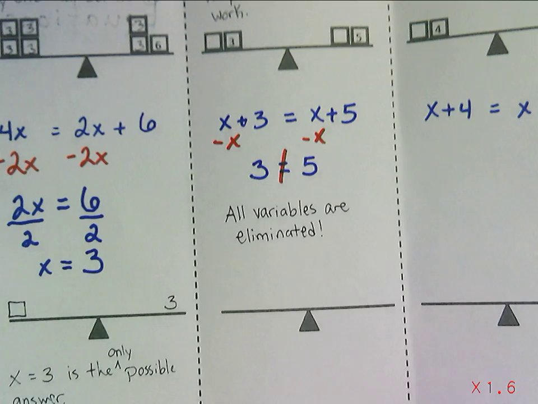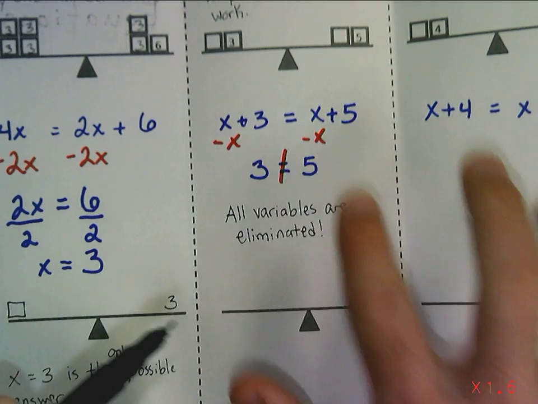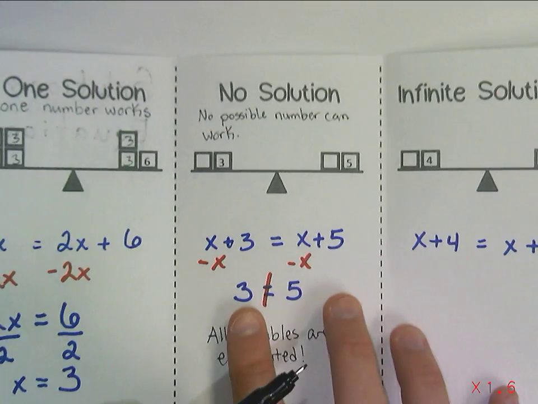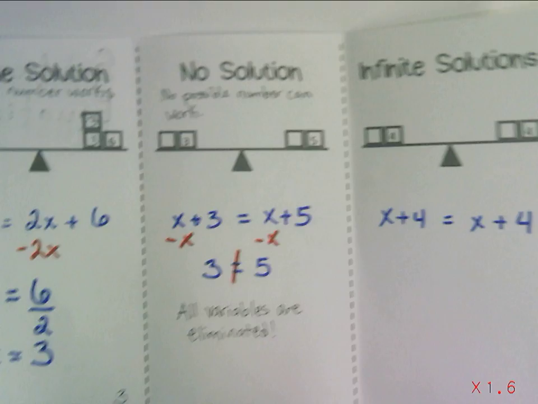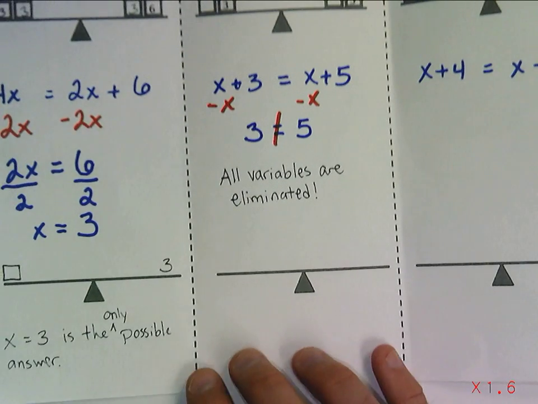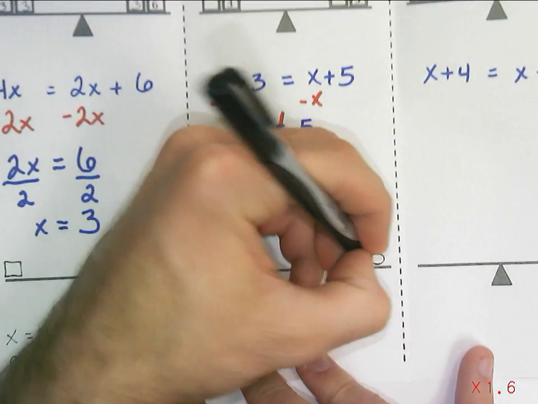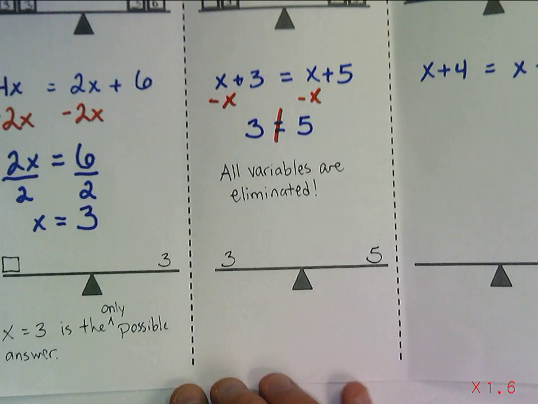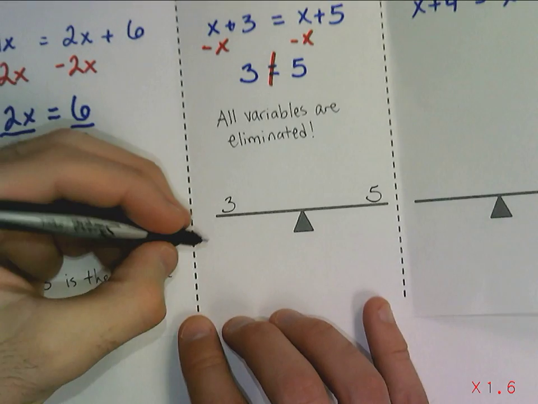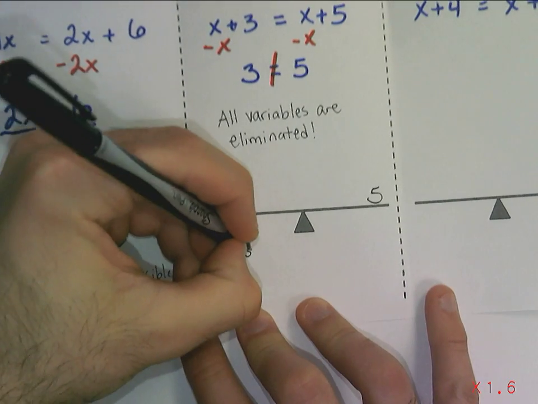All variables are eliminated here. So that narrows it down to our no solution and infinite solutions. But the only difference here is that 3 would not balance 5 on a scale. So there's no solution